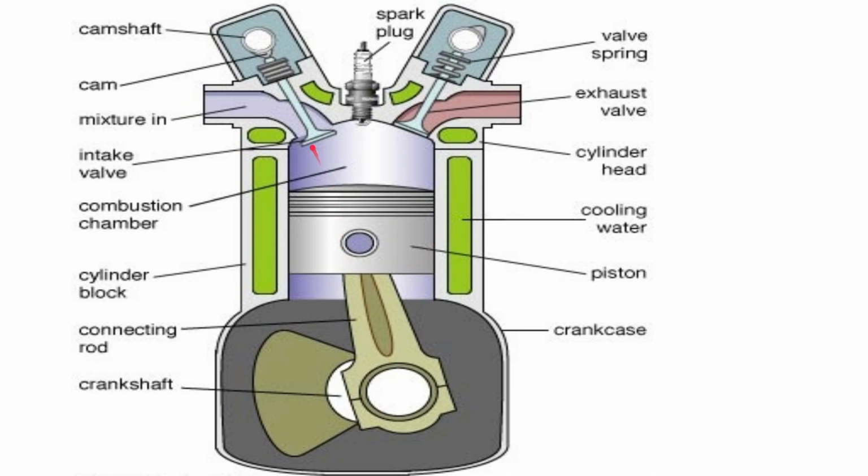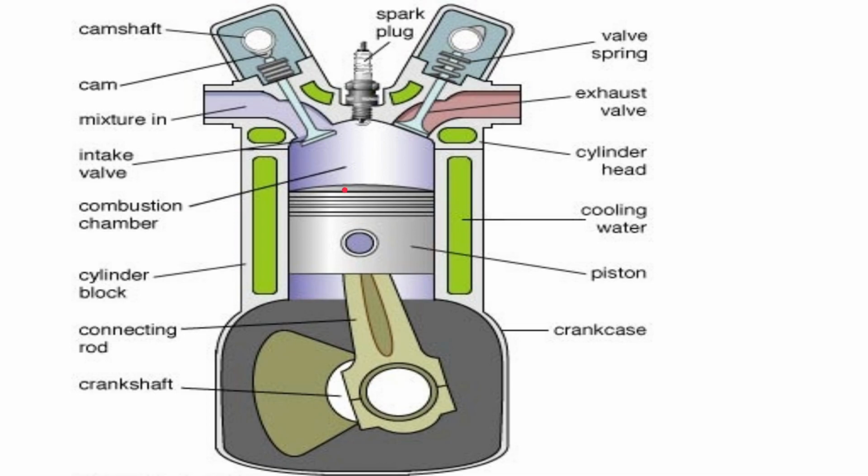Whatever volume remains inside the combustion chamber when the piston is at TDC is called the clearance volume. So when it comes to the top, it will come till this position, and whatever volume remains inside the combustion chamber is called the clearance volume. And when it is at BDC, the bottom dead center, it is closest to the crankshaft. So this bottommost line will come here, and at BDC the total volume of the combustion chamber is the maximum volume.